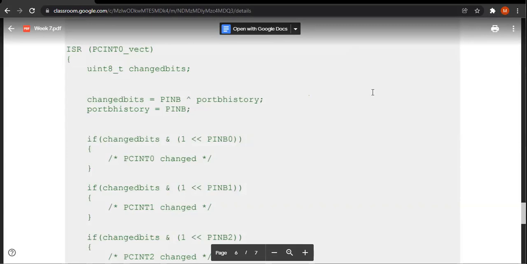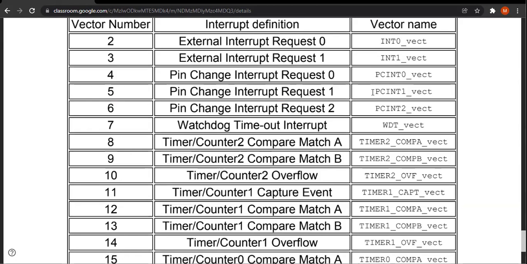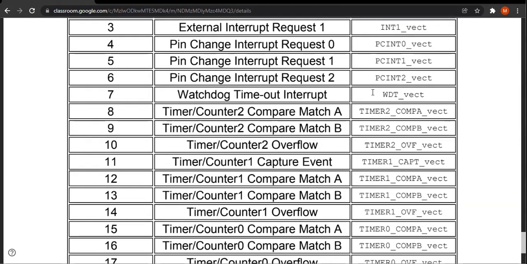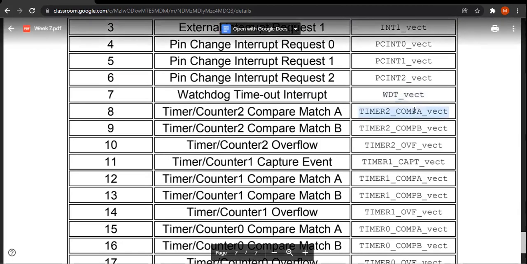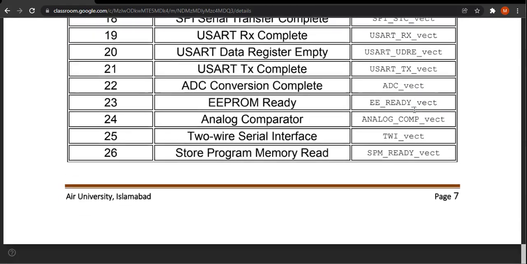After that, vectors 2, 4, 5, 6, and so on are all the vectors that perform specific interrupt tasks. So these are the vector names and this is the syntax, and the syntax will be used as it is in the code.